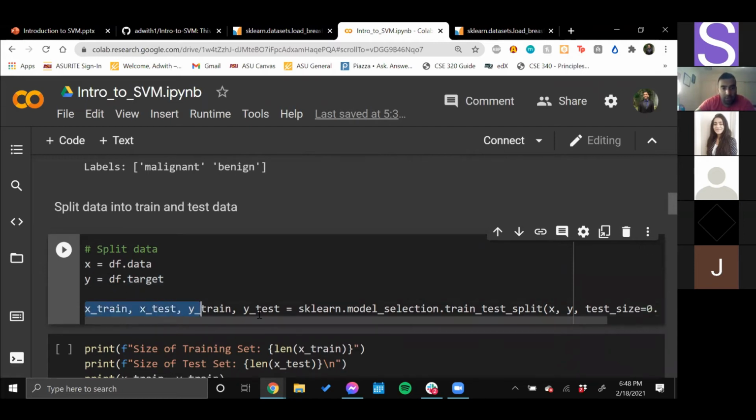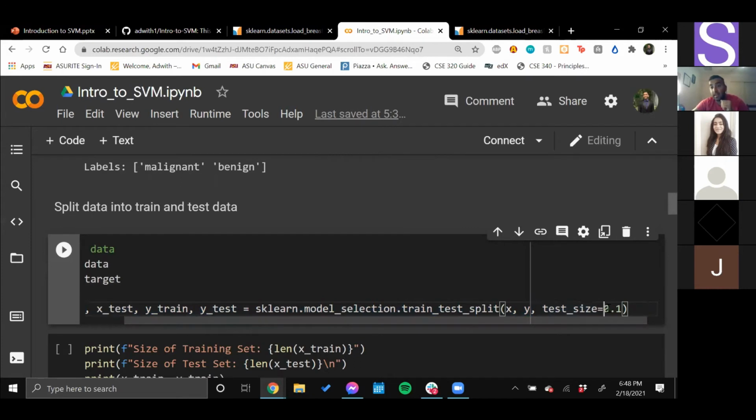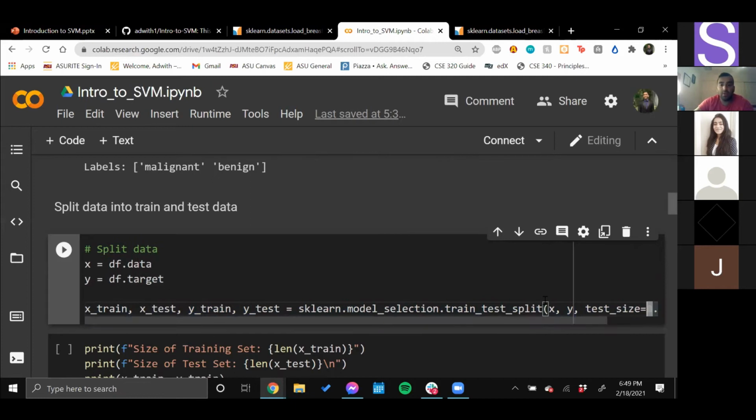And then right over here, in this line of code, we are splitting our data into our testing data and our training data. So what I did was I set my test size to be only 10%. So 10% of the entire data set within the breast cancer data set is going to be used for the testing set, whereas 90% of the data is going to be used for training the model. So that's what the model selection train test split function does. And it'll store that data respectively within your training data and then your testing data. And you have to follow this exact format,